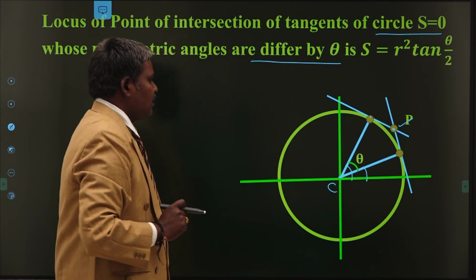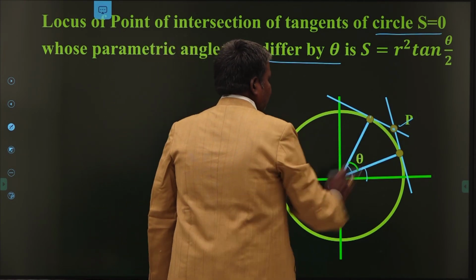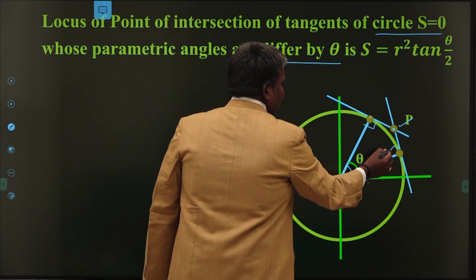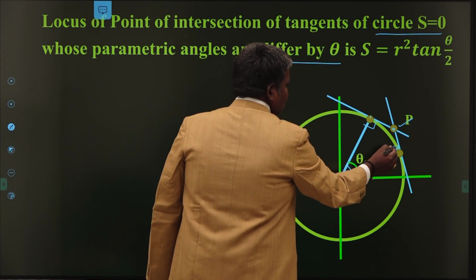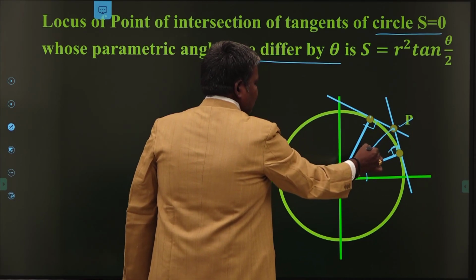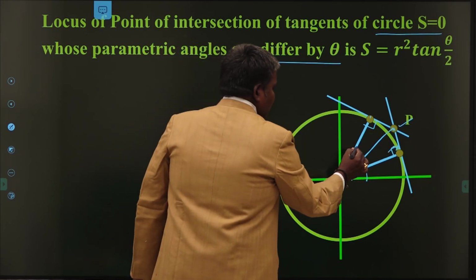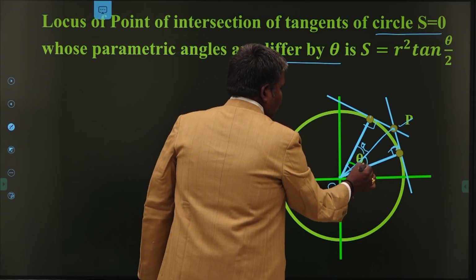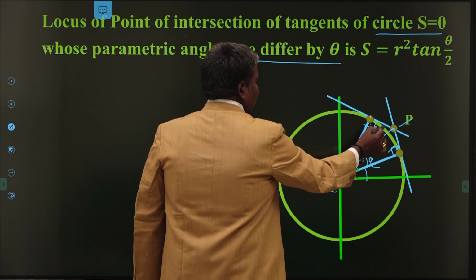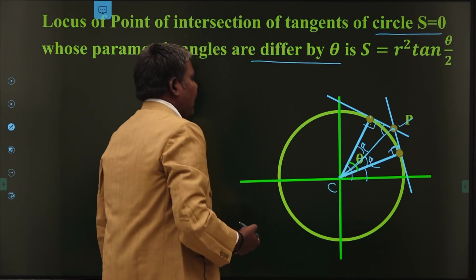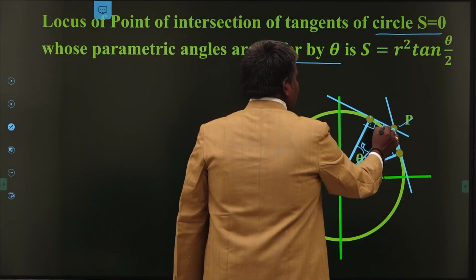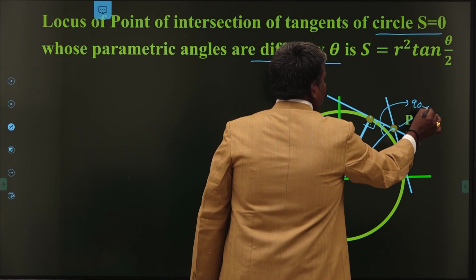This is the concept. This is not the angle between the tangents here. So what is here? 90 degrees. Here the angle is also 90 degrees. The angle between the two lines is also 90 degrees. You just join the outside point to the center, then immediately this becomes theta by 2. Also, this is also theta by 2. When it is 90 degrees, if it is theta by 2, what about my angle? 90 minus theta by 2. Am I correct or not? Total angle is 180 degrees. This is 90 minus theta by 2.